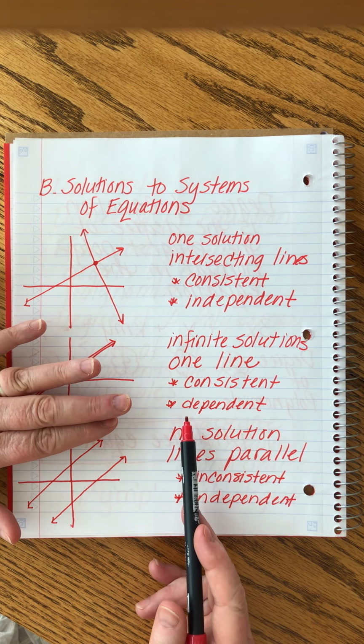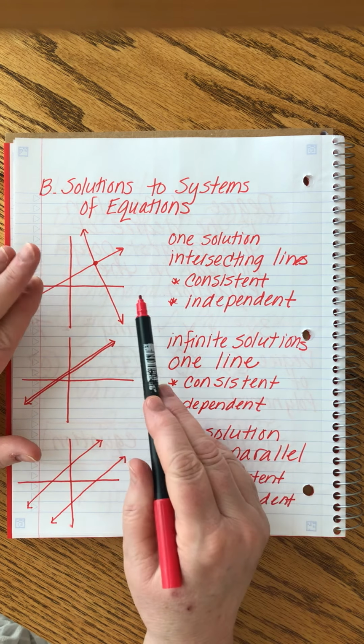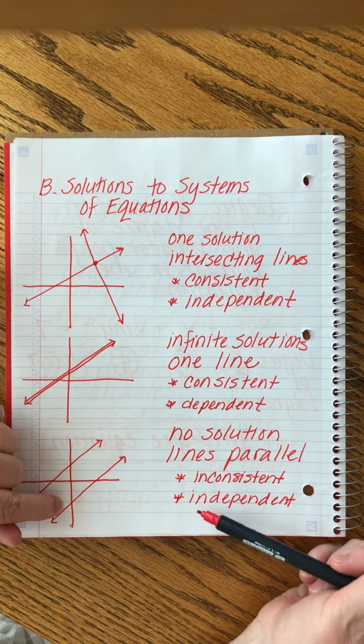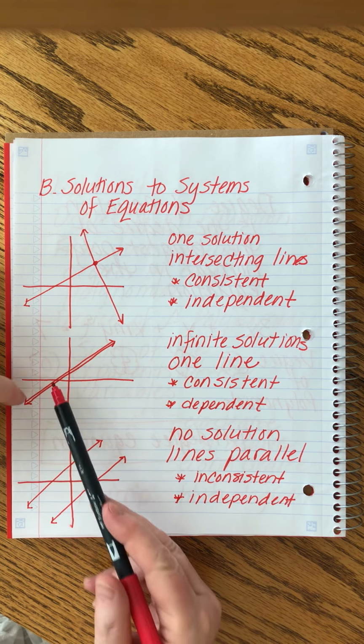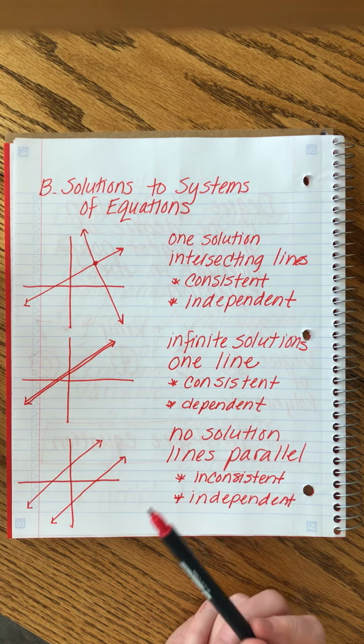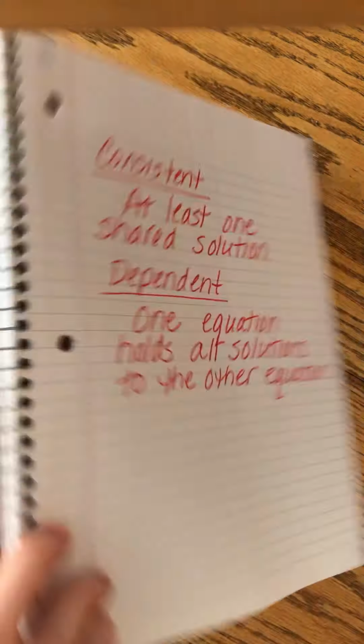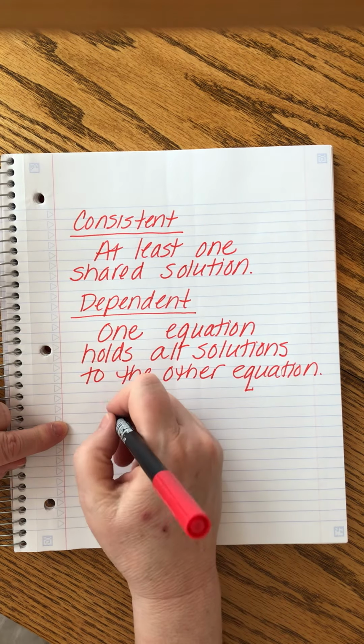So this word independent, I think, is easier to understand. They mind their own business. They're different lines. These two mind their own business. They're different lines. These guys are just up in each other's business, right? They look like two different lines, but they really just are one and the same. Remember that dependent,